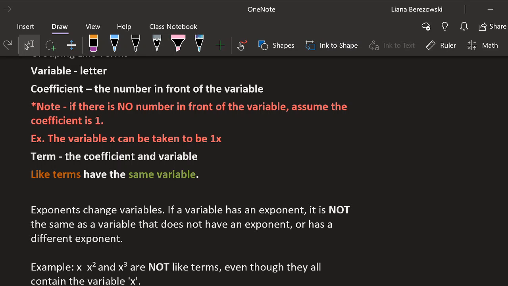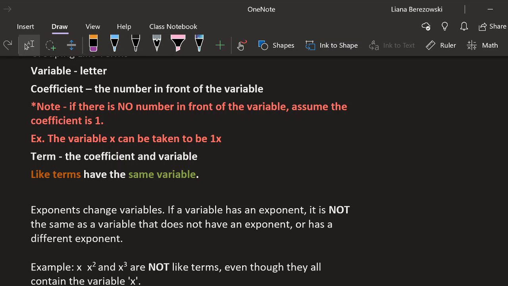If you guys have been to any of your classes in the last unit, you will know that my favorite variable is x, and I use it for almost every problem, but you are free to use any letter that you please. So when you get to your word problems, you are making your equations and you decide that it's a J type of day, feel free. You do you, that's great. You don't have to do x's just because I always do x's. Just wanted to throw that in there.